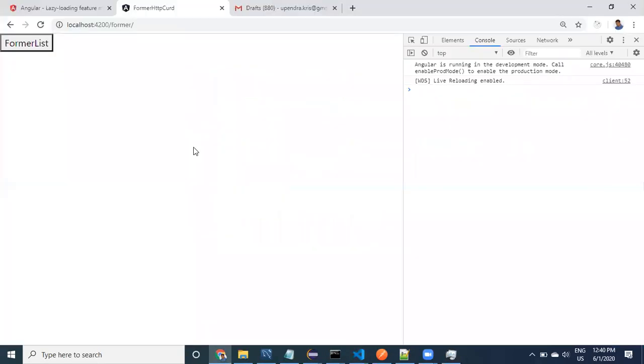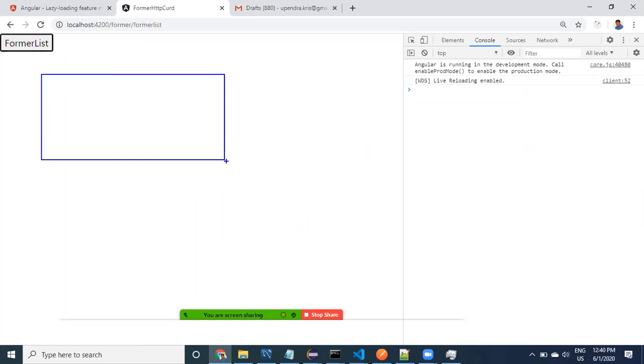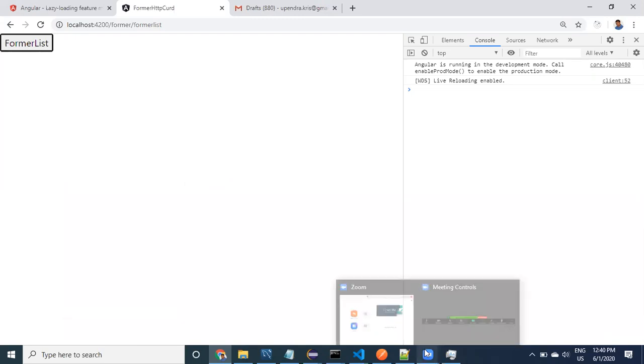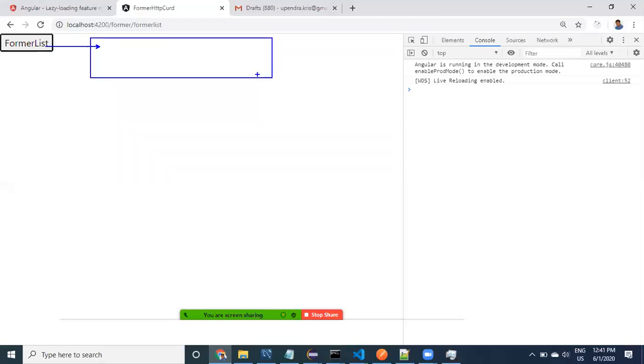Let's see how it is going to work. The button is available. If I click on this farmer list button, it has to display the farmer component, but right now it displays nothing. Why? Because when we click on that, farmer list is going to be called, but how can we retrieve the data? Previously, if you clicked on that particular link, it went to the background and then retrieved the data.